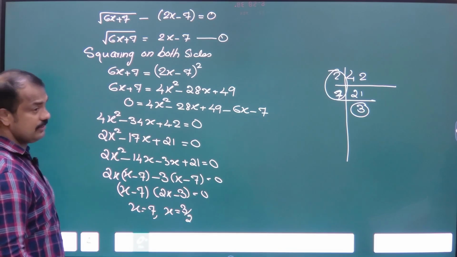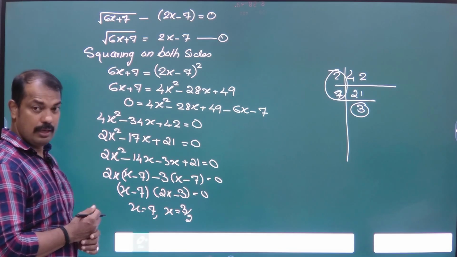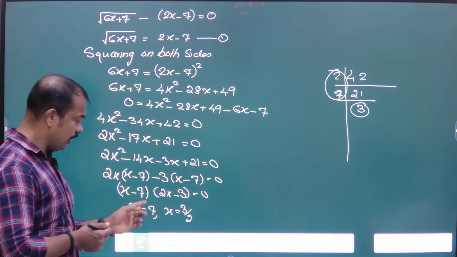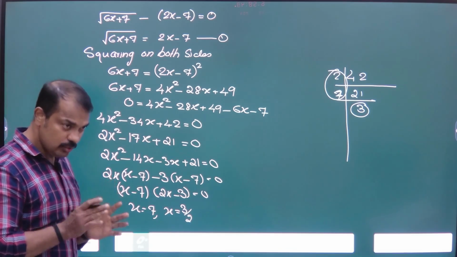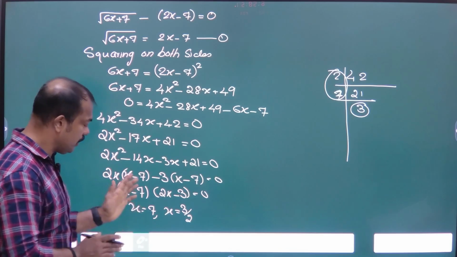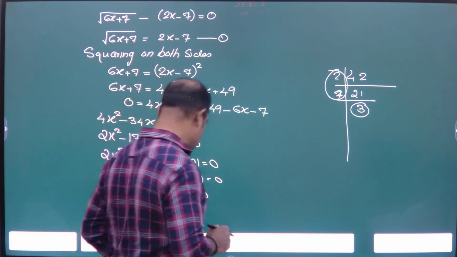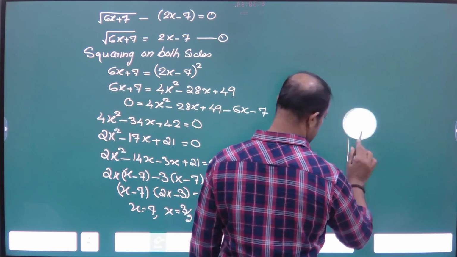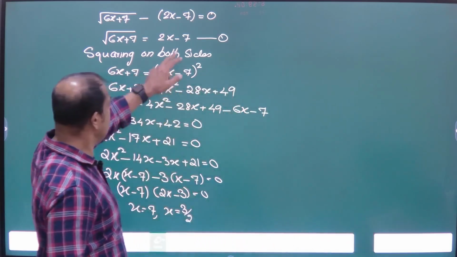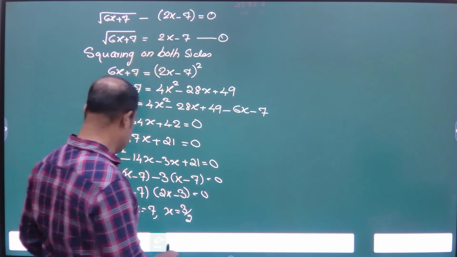एक चीज ध्यान रखना, अगर कोई भी क्वेश्चन में स्क्वायर रूट है, हमें चेक करना है ये दोनों आंसर सही है नहीं है। कोई भी स्क्वायर रूट क्वेश्चन आएगा तो हमेशा ये चेक करना। देखो हाउ टू चेक, इक्वेशन 1 में पुट करना आपको चेकिंग के लिए।